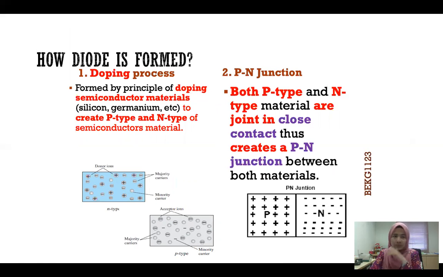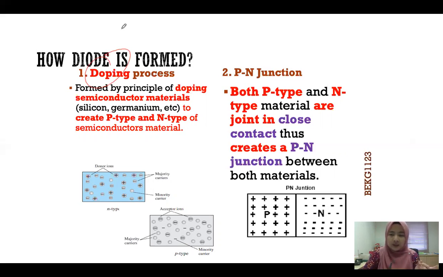Okay. So the first step here is the doping process. You have learned about the doping process in chapter 3. Okay. So the doping process is the process of doping semiconductor materials, for example, silicon, germanium, etc. So you dope these semiconductor materials to create P-type and also N-type semiconductor materials. Please refer back to chapter 3